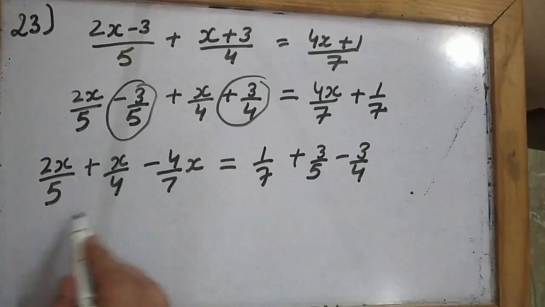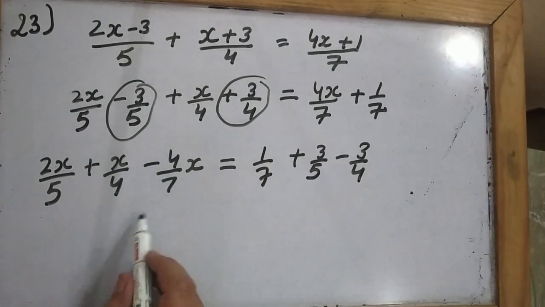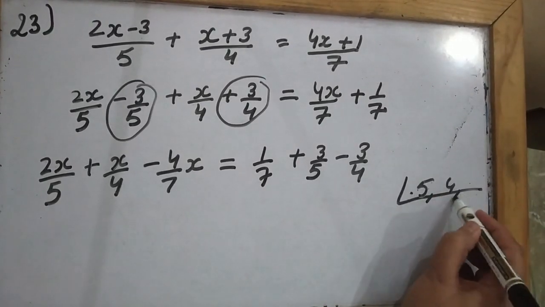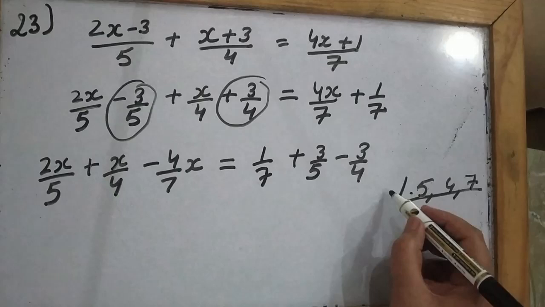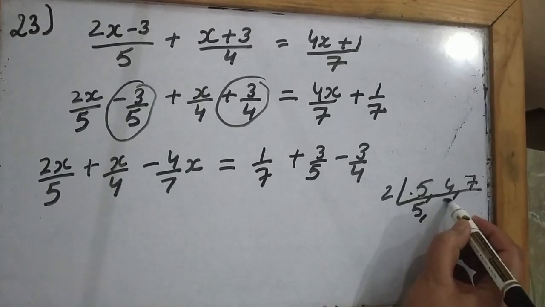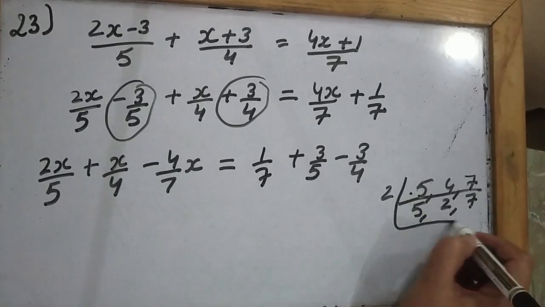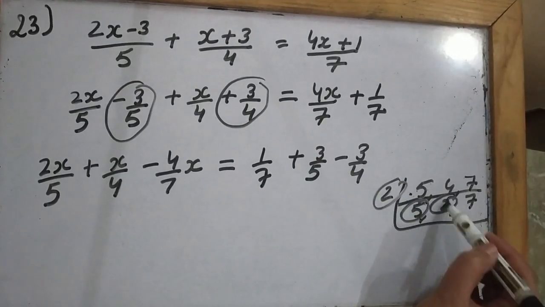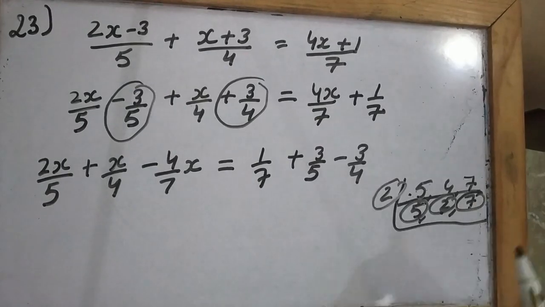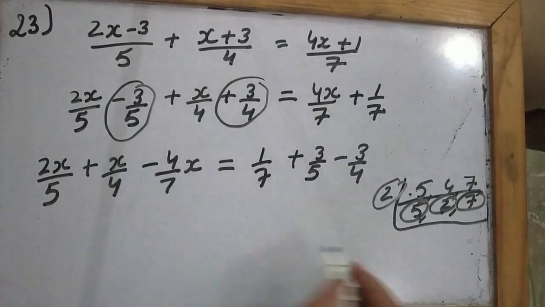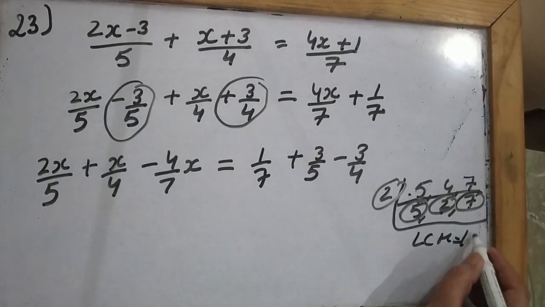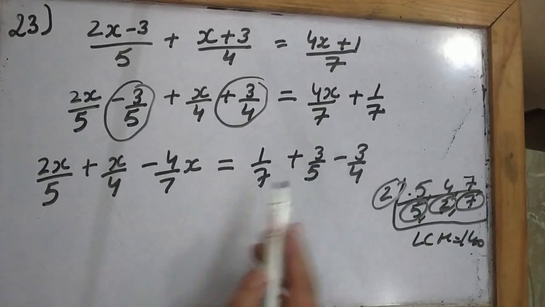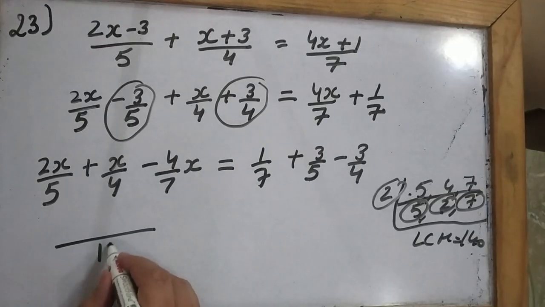Now I will take out the LCM. So what the LCM will be, you know how to take out the LCM. 5, 4 and 7. So if I start with 2 2s are 4, 7. Now all these are prime numbers. 2 5s are 10, 10 2s are 20 and 2 7s are 140. So it means the LCM will be 140. So 7, 5, 4, the same denominators that you have. So both the sides you will have the LCM